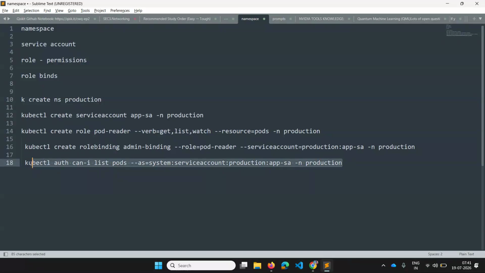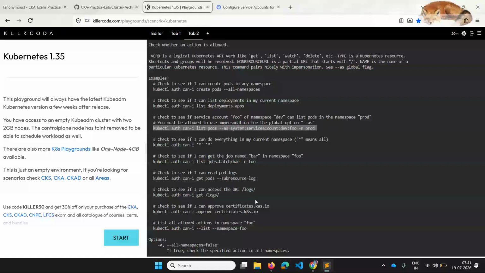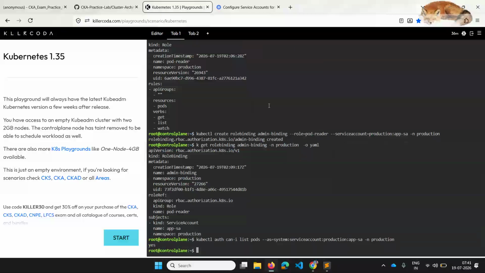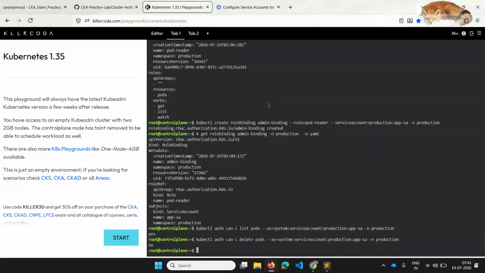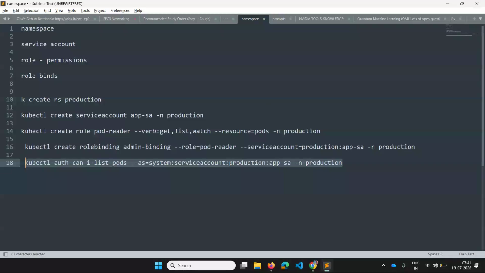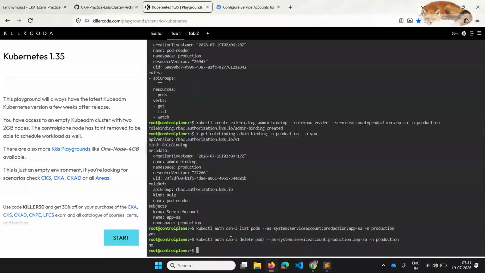So similarly, I'll just do here. Yes. And can I delete pods? Because we have given the permissions get, list and watch only, delete is giving us no. I'll just do get pods.